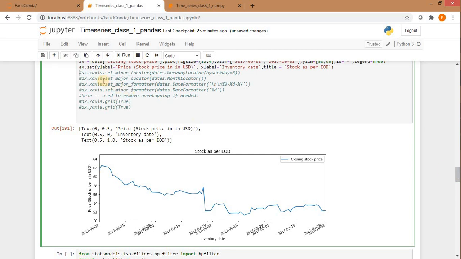If we don't use any functions to decorate it, matplotlib takes some default window and it will give it this way. It has taken a two-week window, and somehow it has taken its default settings. I want to make the major locator a month locator on the plot.